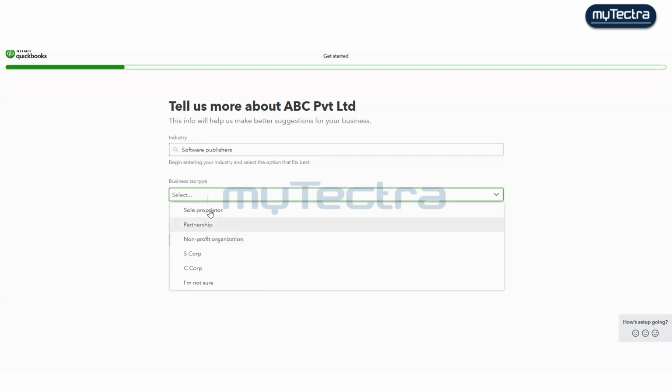So what type of business? The sole proprietor, partnership, non-profit organization, S corp, C corp. These S corp, C corp are for the US. So QuickBooks is not providing the services in India, and that's why we cannot use it in India. Even if you join somewhere that is using QuickBooks, they will not ask you to do the accounting in QuickBooks. However, we can do it, but QuickBooks is not providing the services here in India. So usually you have to work for international companies. In that case, sole proprietor, partnership, and non-profit.